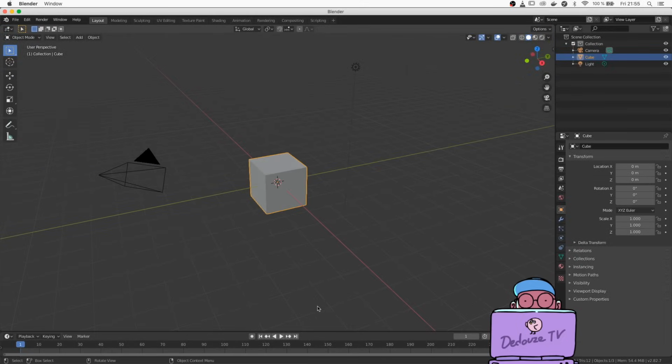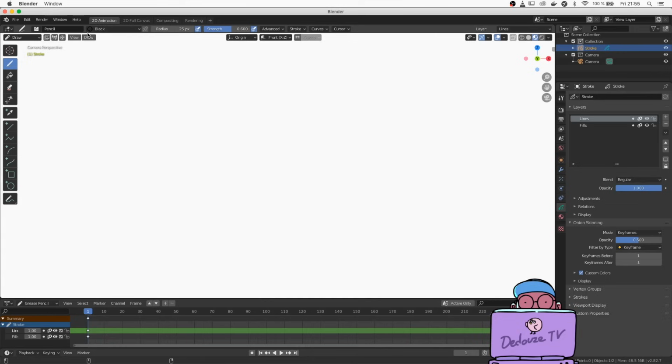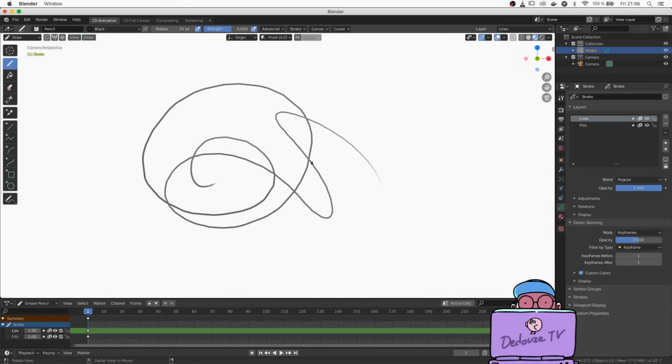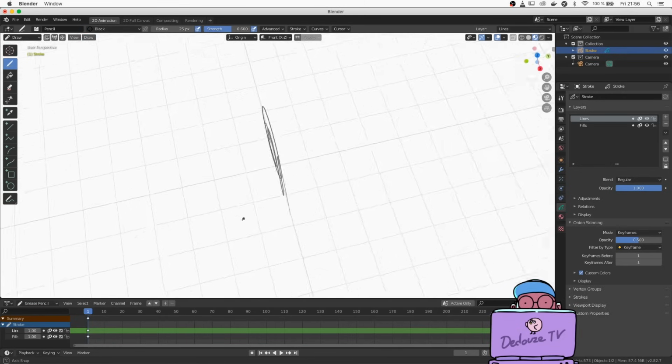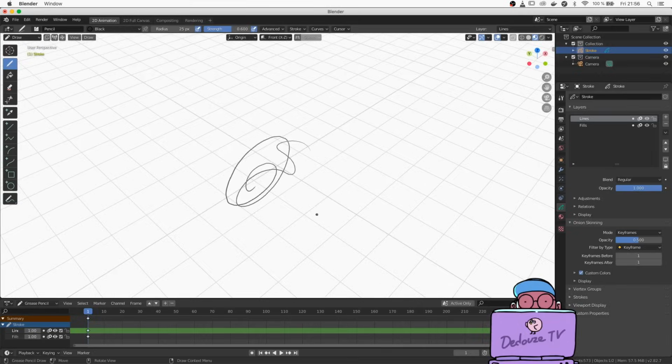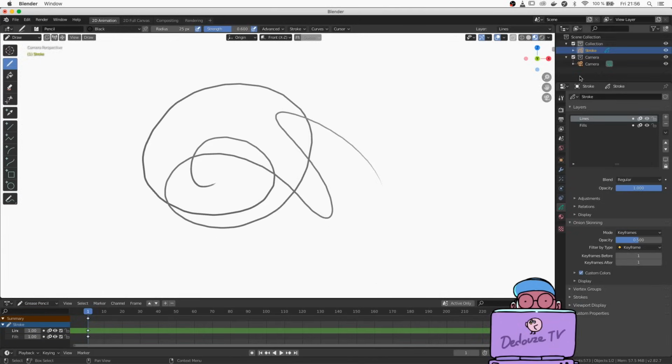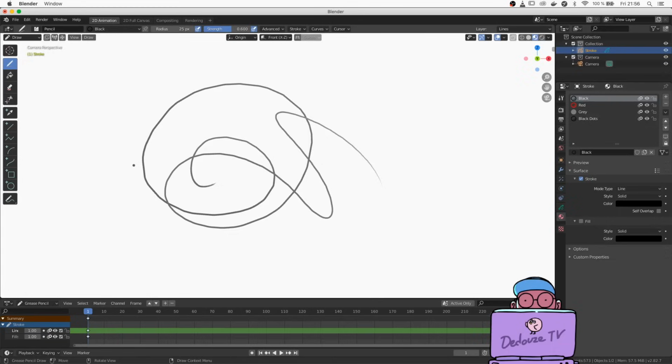To start a drawing on Blender, we have two ways to do it. The first way is to just click on File, New, 2D animation, and there you have a white canvas and can already draw on it. If you rotate the camera, you can see that you're actually in a 3D space, and up there in the outliner you see that there's a grease pencil object that has been created. In the parameters of its object, down here, you have layers and colors pre-configured. This is the first way.